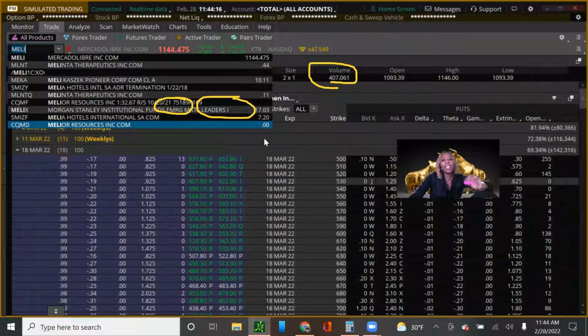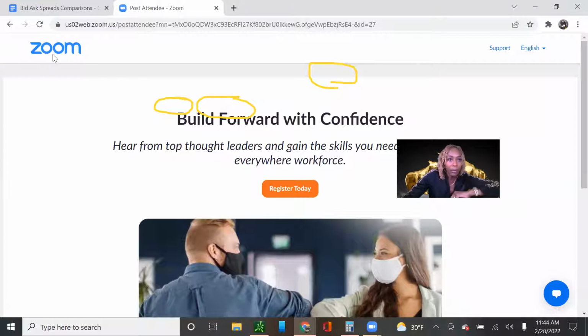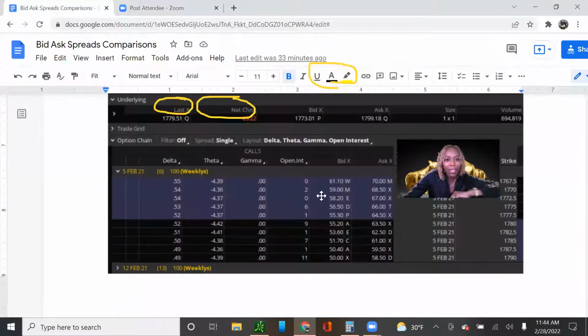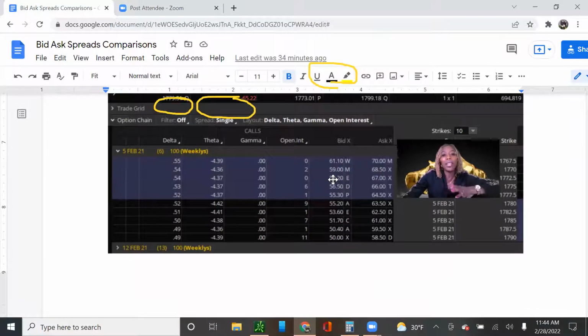$3,000 profit after 5 minutes, I'm golden. I immediately tried to get out the trade, and I could not get out the trade with my $3,000 profit. The reason why that was happening was because of the wide bid-ask spread. Let me show you what I'm talking about. So what is the bid-ask spread? If you buy your options at the ask, and you immediately turn around and sell your options, the difference between the ask and the bid is the spread. That is the money that the market makers profit off of. Why do we want to give them any more money? They make enough money. We don't want to give them any more money. Let's keep that money in our pockets.